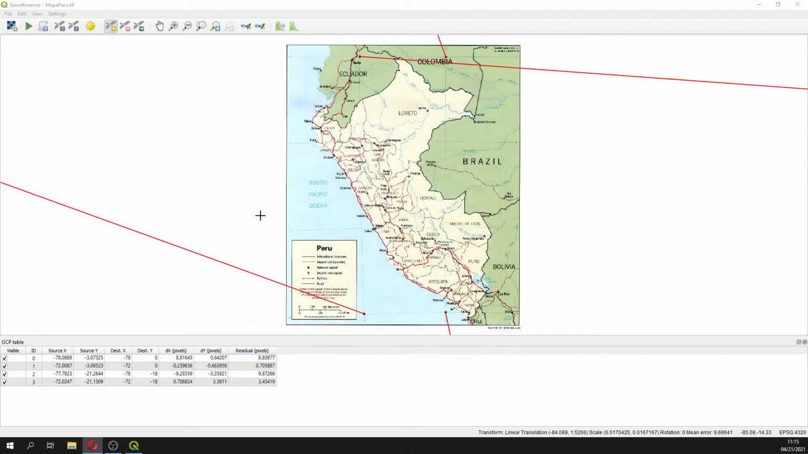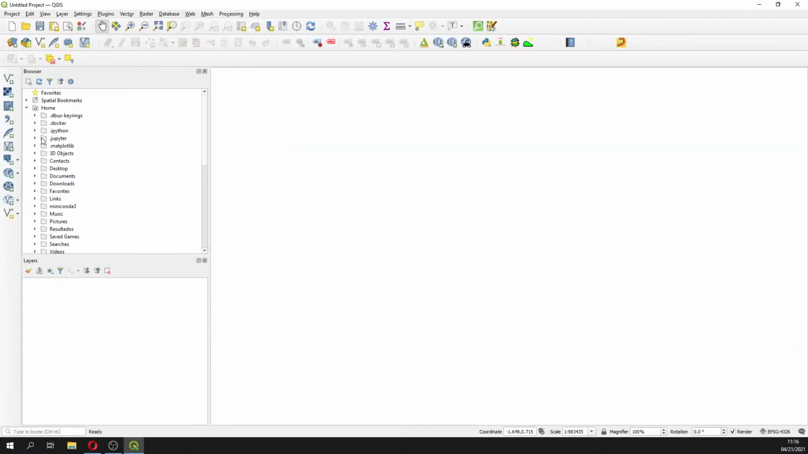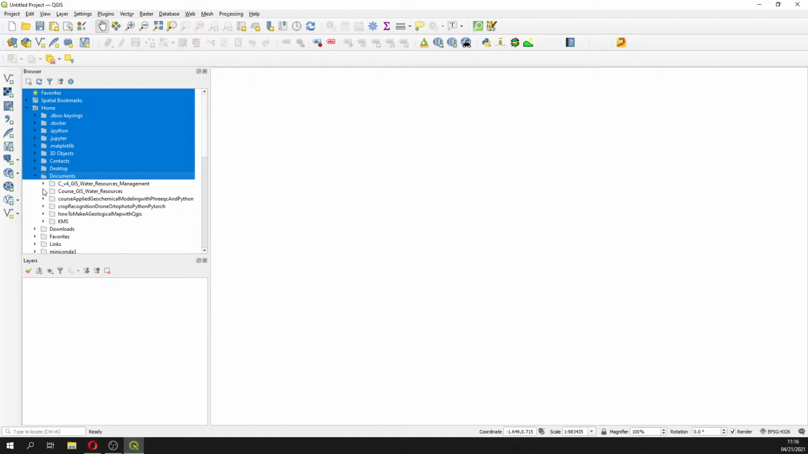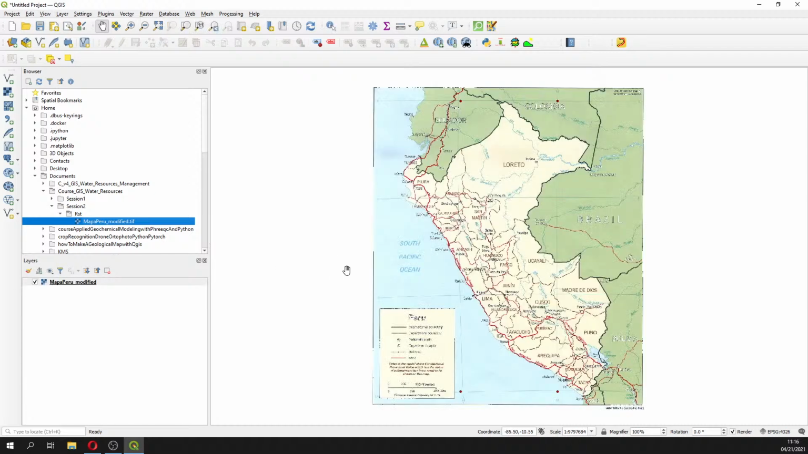So with that, what you have done is that you have defined your geotransformation. However, you haven't done the geotransformation. In order to do it, you need to run your geotransformation with this, and nothing happens here. However, if we go to the documents, to the exercise folder, to the session, to the raster, we can open